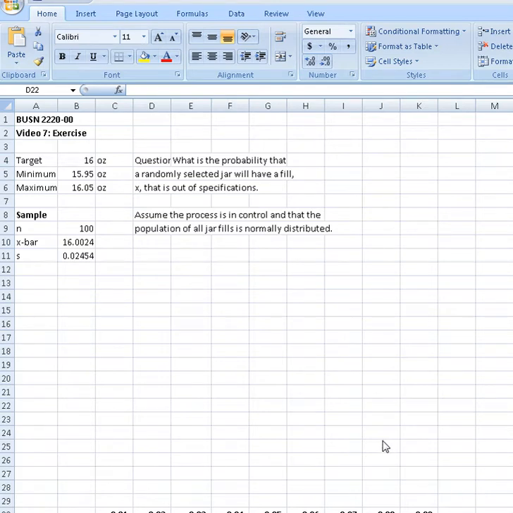Hello everyone, it's week 7 in Business 2220, and this week we're going to do a problem found on page, I lost the page, it's problem 6.33, which is on page 264, yes, 6.33. What we're doing is filling jars with jelly, and we're selling these jars claiming that there's 16